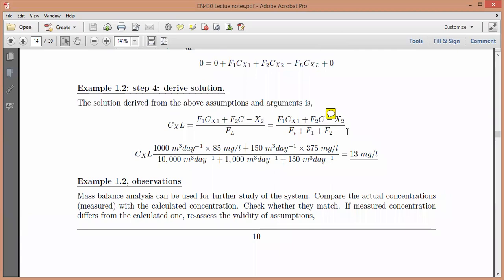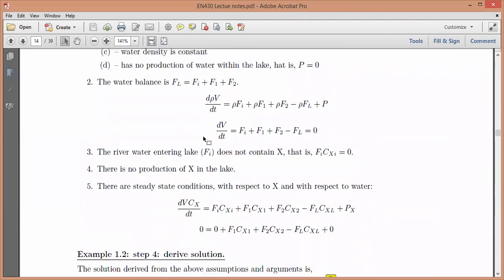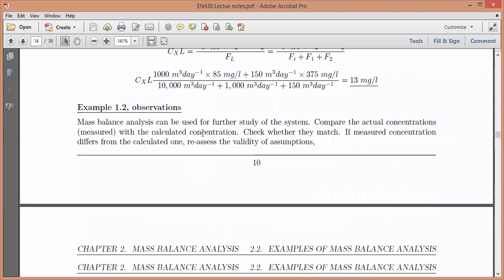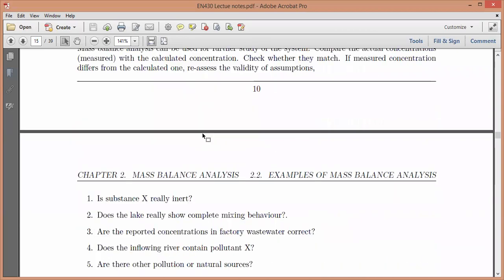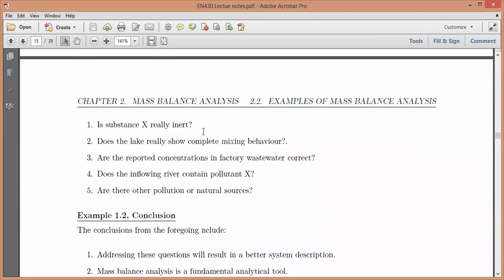It means that your mass balance is correct. But if you get another answer other than this, it could mean that somewhere you may have missed something, or it could mean that some of the assumptions are not holding true in your particular case. So you have to go back. The question that you'll be asking yourself is, is the substance X really inert? Maybe it's actually